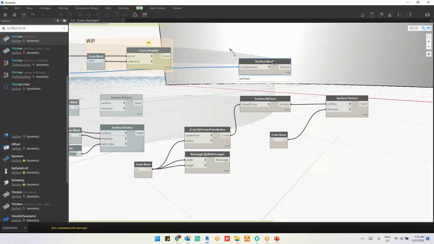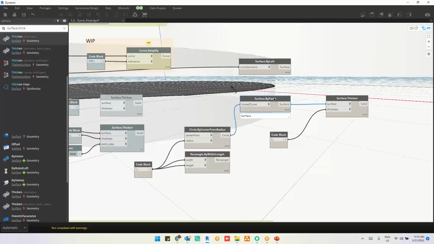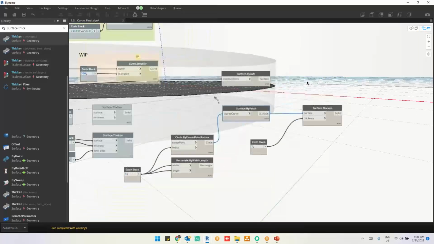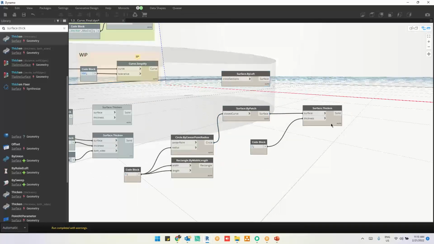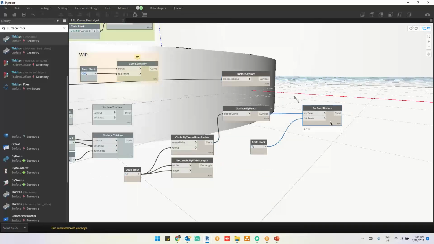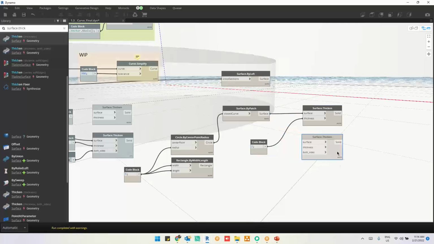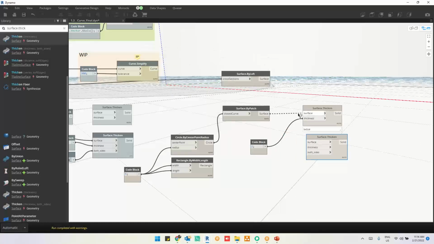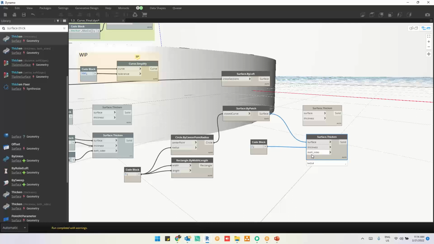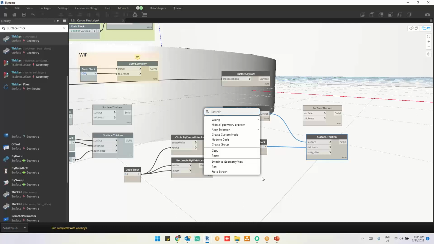So surface dot by loft, surface dot by patch. Okay, well, now I've seen this. If you don't want the thickness on both sides, then we have one more node that is called surface dot thicken. And when I connect the same surface to this, and thickness, I would say,